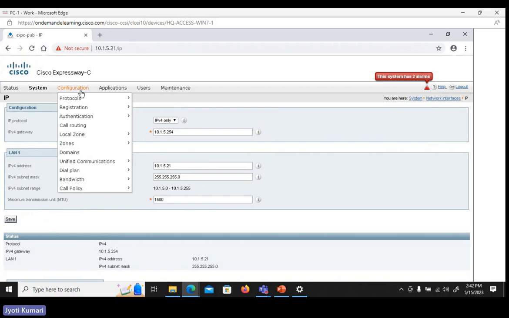Then comes configuration. Out of these four options I mentioned, this is the one mostly used by the engineers. We spend most of the time here on the VCS or Expressway, configuring Expressway to manage the video network. Here you will do the registration, call routing, policies, all of that. So if we see here, registration,